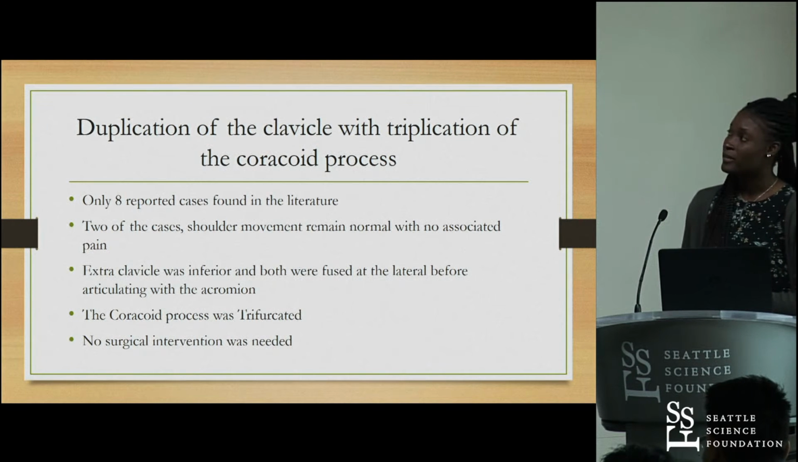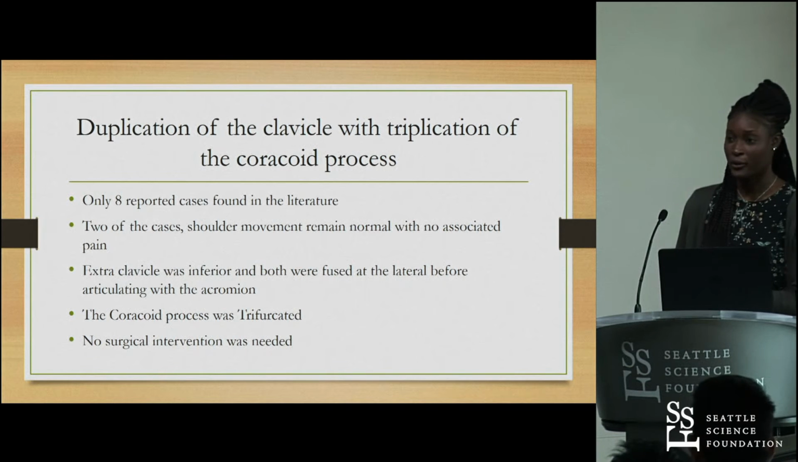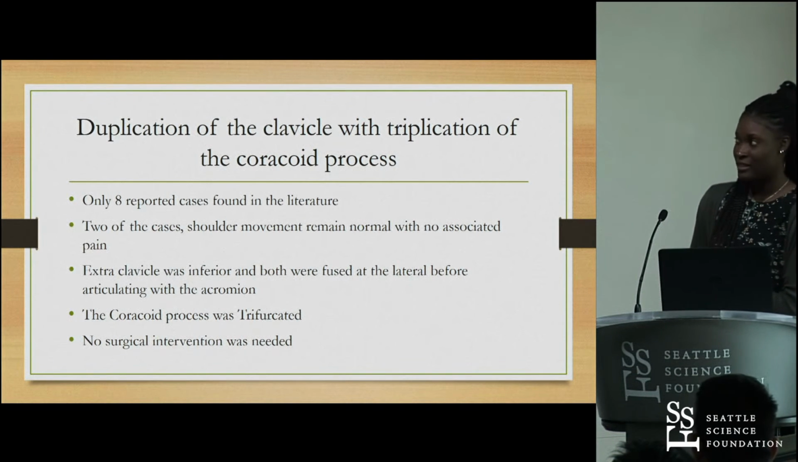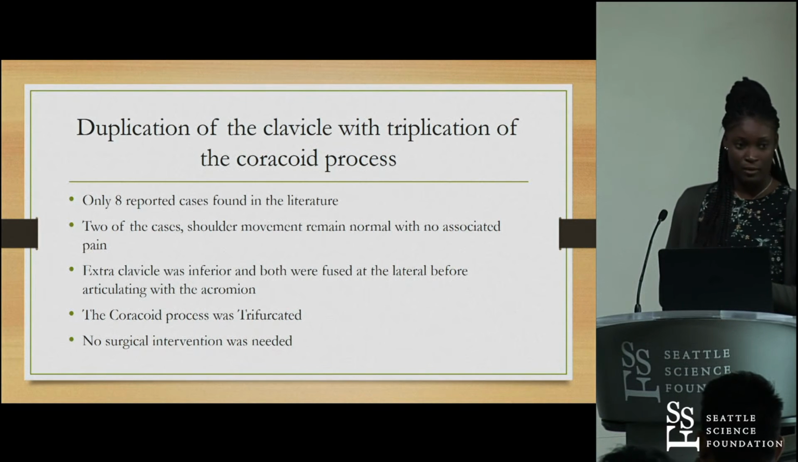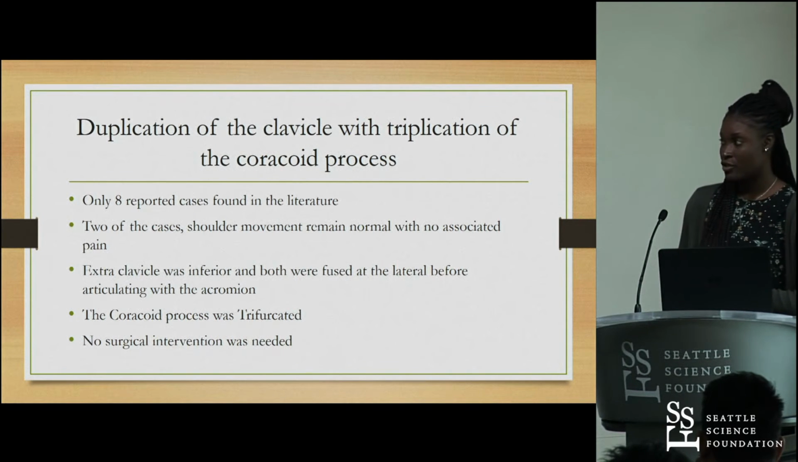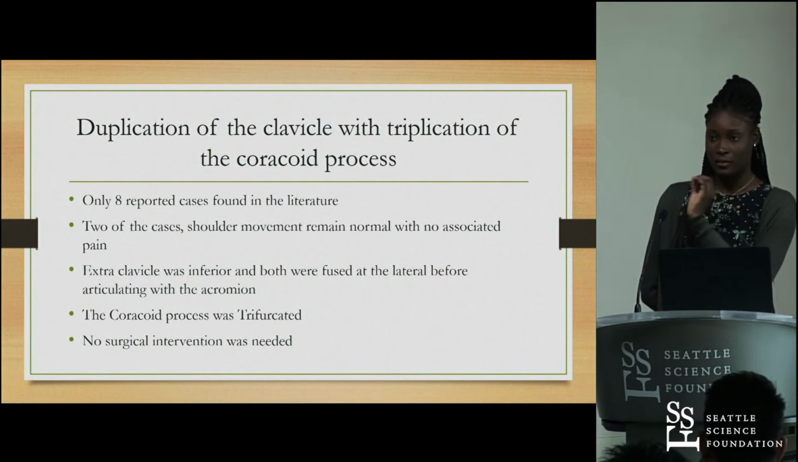Another defect that we do have is duplication of the clavicle with triplication of the coracoid process. So this is not a very popular defect. It has only been seen in 8 reported cases that I found in the literature, and only 2 of those cases were further examined. In the 2 cases that were closely looked at, we found that the extra clavicle was actually inferior to the original clavicle, and it was fused at the lateral end just before it connects to